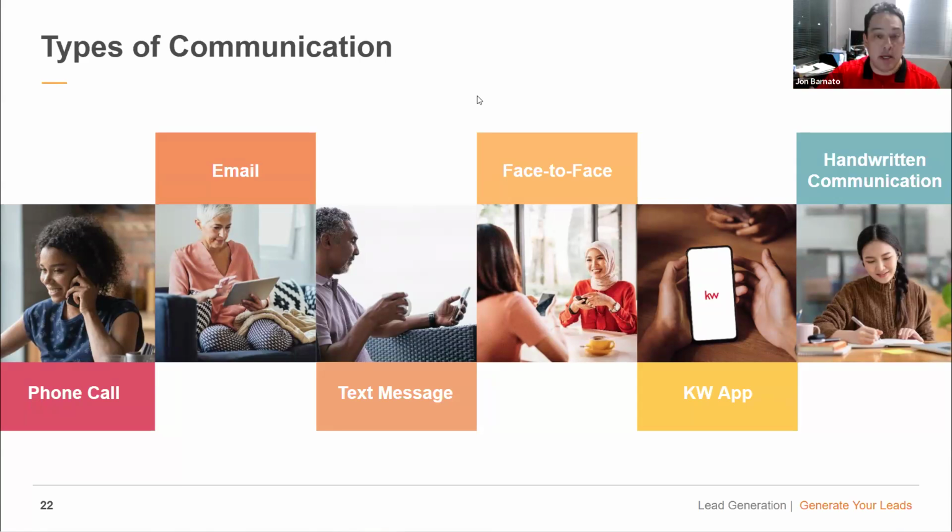So when you talk about what skills I need to learn, Sherry, I would learn some indirect soft closes that will help me ask for the appointment in a non-aggressive way. Make sense? For those of you on the opposite end of the spectrum, you need to ask more questions and then ask for the appointment. You can ask in an aggressive way or a direct way. You can do that as well. But ask more questions.